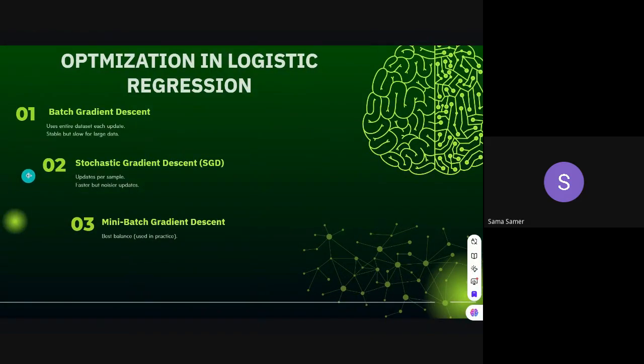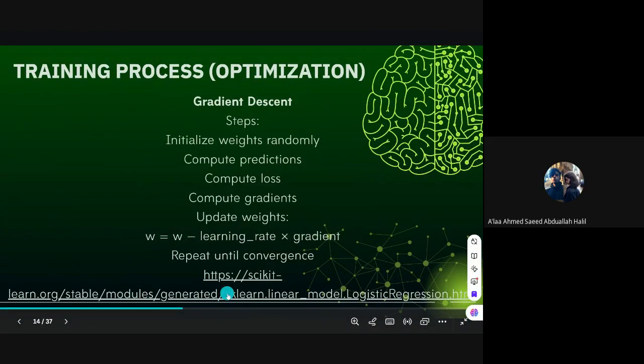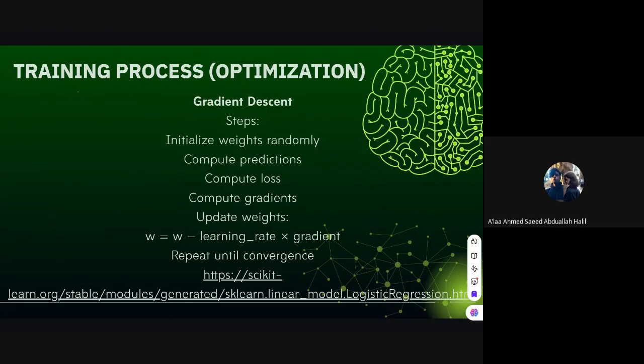Go on, Alan. I got a question here: if the learning rate is high, is that related to data leakage or something like this? Yes, a high learning rate means that the model is unstable, that the model is learning so fast. So it causes a problem in the model, which will be unstable, and it will have so many problems. So yes, having a very high learning rate won't be good.